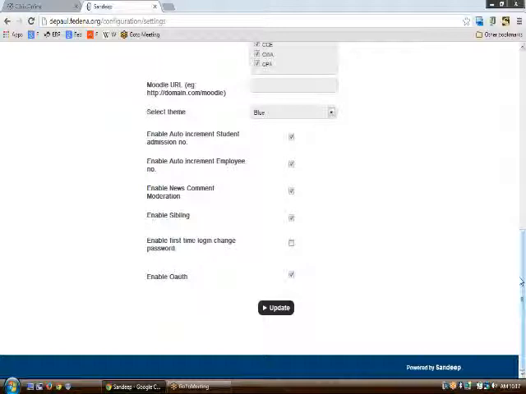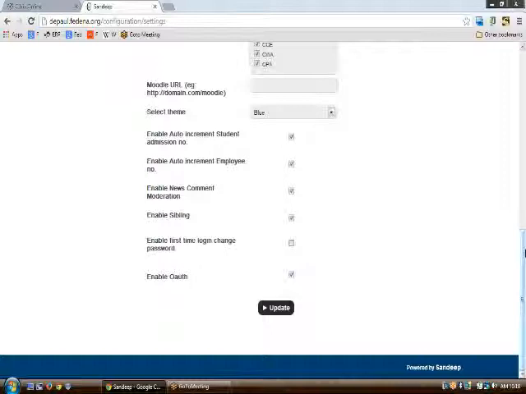And for a student, the username is the admission number, and the password is the admission number followed by 123. So generally we recommend our users to use this first time login change password, so that these default passwords can be changed in the first login itself.